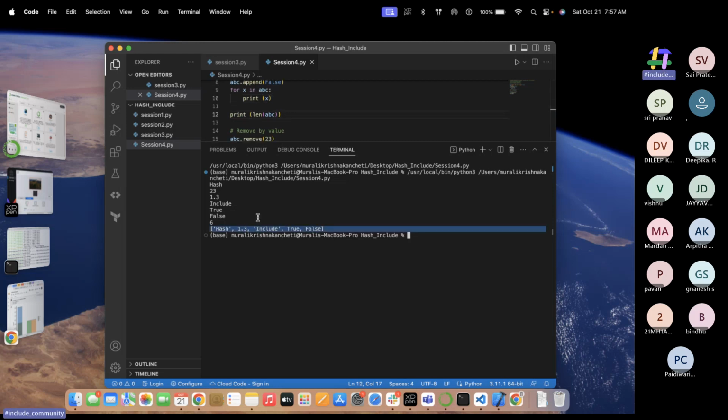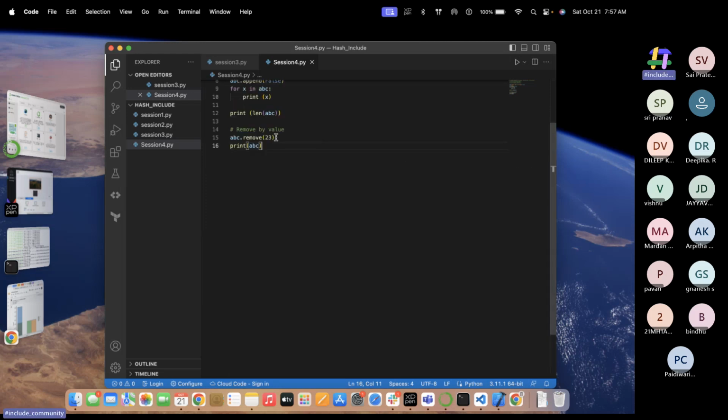Okay, if we see here, the new list doesn't contain the integer 23. So we removed the integer in line number 15. And if we print the list again, we can see that 23 is removed from the list. So that is one method to remove the data value using value. So let's say if I want to remove by index,